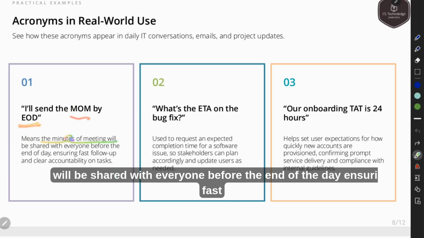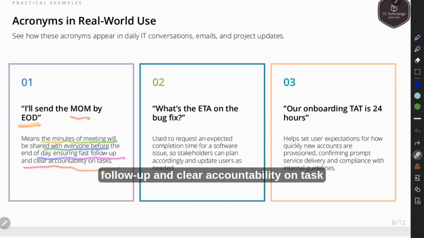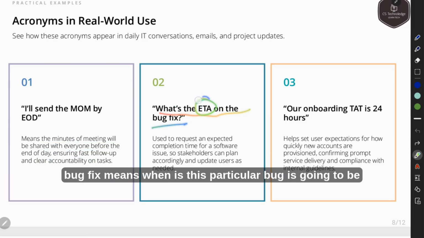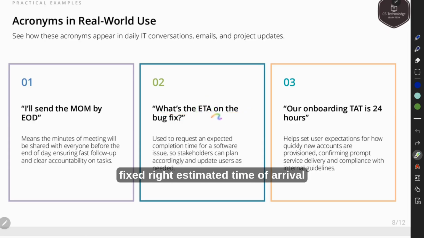Right? Means the minutes of meeting will be shared with everyone before the end of the day, ensuring fast follow-up and clear accountability on task. Similarly, what's the ETA of the bug fix? Means when is this particular bug going to be fixed? Right? Estimated time of arrival means the bug will be fixed at a specific time, and I want to know that